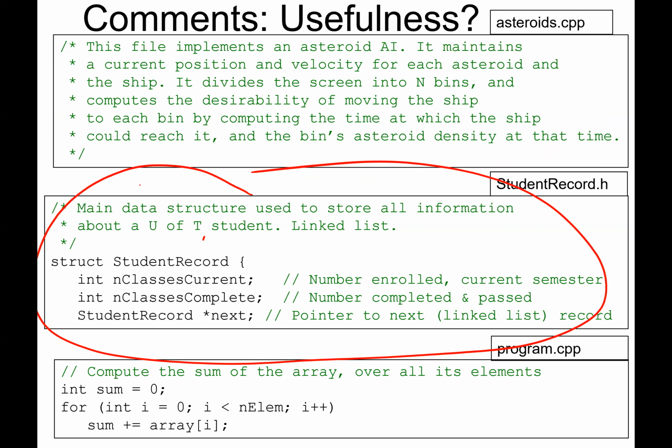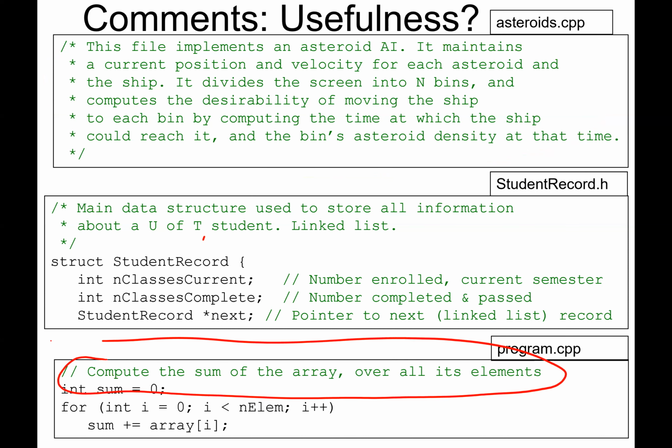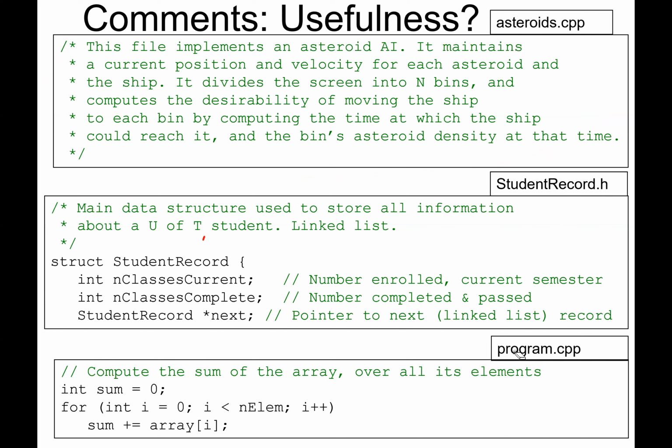Commenting data structures is also very important. If you don't understand how the data works in a program, you can't really make progress. This isn't a bad comment, but you can kind of figure it out pretty quickly from the code. So it's not as important. Generally, people don't put enough big picture comments in their code. Try to get those in there.